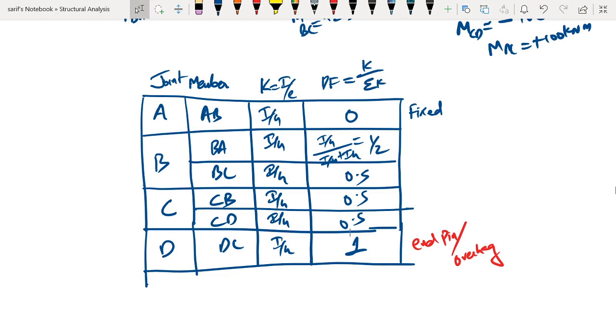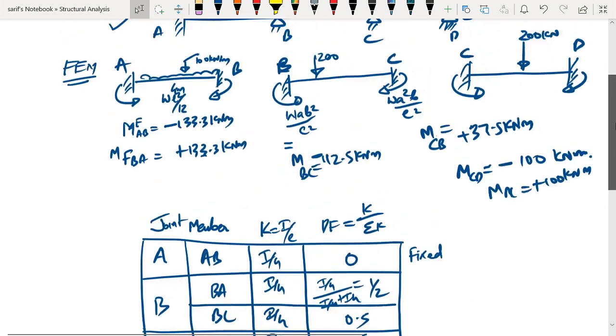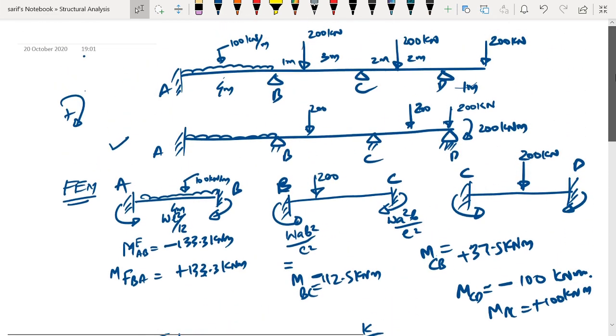Now without doing the calculation also we can find these values simply by looking at it, because we are having symmetry in the cross sections. If you look here, all the members are having the same span as well as the same cross section and details. So I by L is going to be the same for this beam and for this beam. Two beams are acting at the joint, so the load carrying capacity of each of them is the same. Since the stiffness is the same, we can say they are going to equally share the loads. So the distribution factor is 0.5. Without doing the calculation also we can arrive at the distribution factors for the beams.